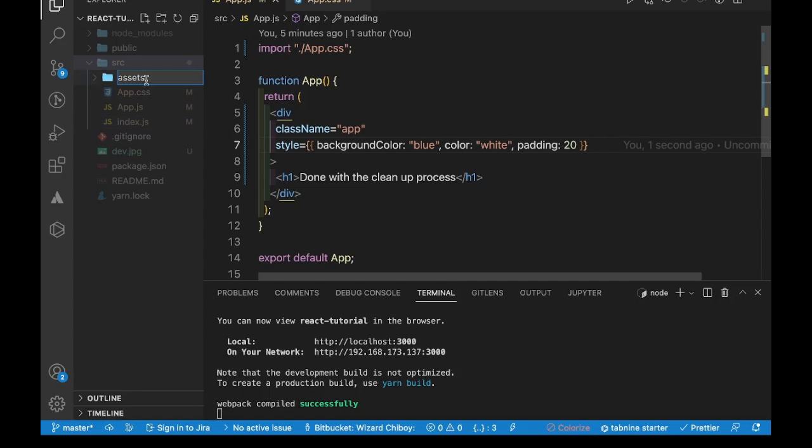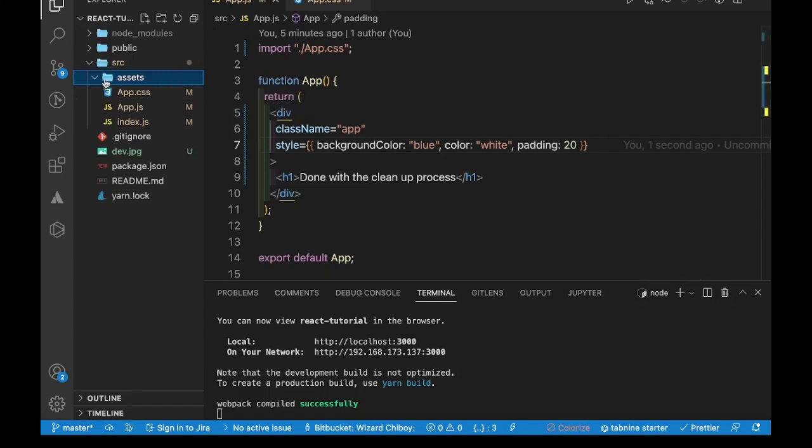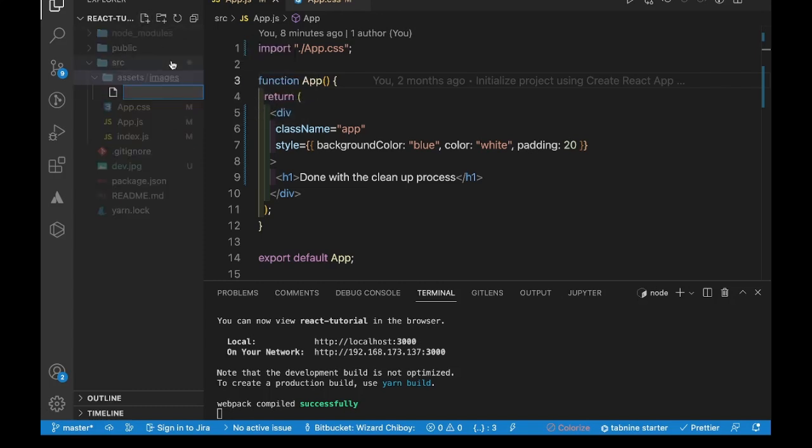Go ahead and create a folder and name it assets, and after that, click on it and create another folder and call it images. As you can see, it is now in this format. Now I will click on images, not on assets. If I click on assets, you see that assets is underlined, but I'm going to click on images, which is still under assets, so that images is underlined, meaning I am now in the images folder. Inside this images folder, I'm going to create a file